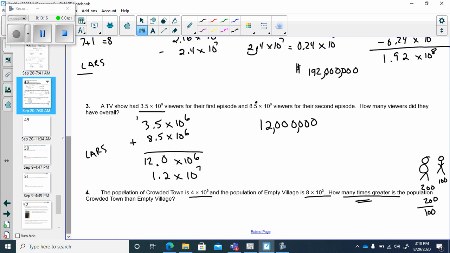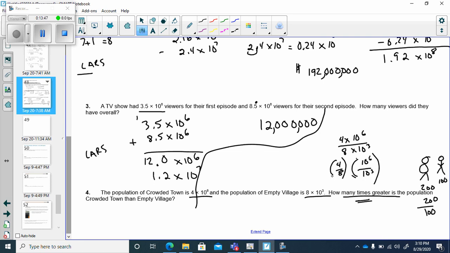And they're talking about the population of Crowded Town and Empty Village. How many times greater? This one's bigger. It's got 10 to the 6th. That one's 10 to the 3rd. I'm going to work this over here so we've got a little room. 4 times 10 to the 6th divided by 8 times 10 to the 3rd. We separate into pieces. 4 divided by 8 times 10 to the 6th over 10 to the 3rd. 4 divided by 8 is 0.5, 0.5 times 10 to the, and if I'm dividing, I subtract the exponents,